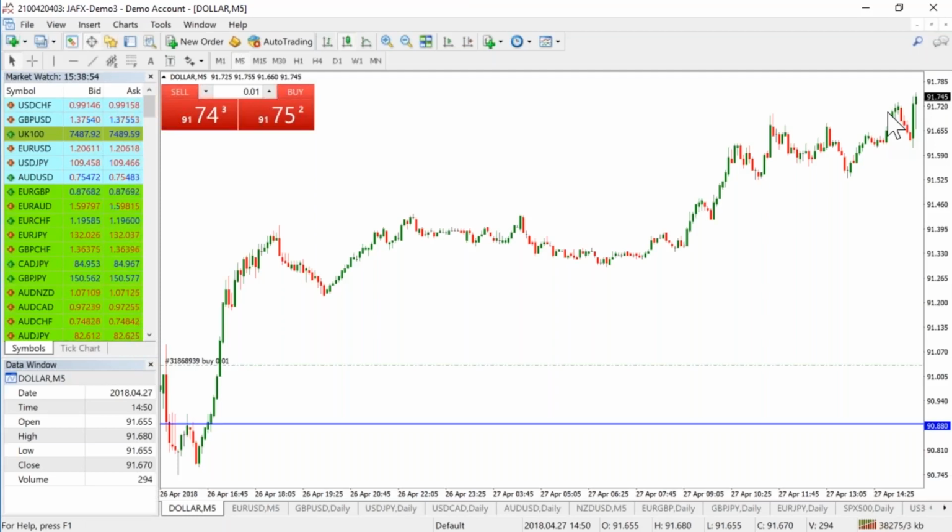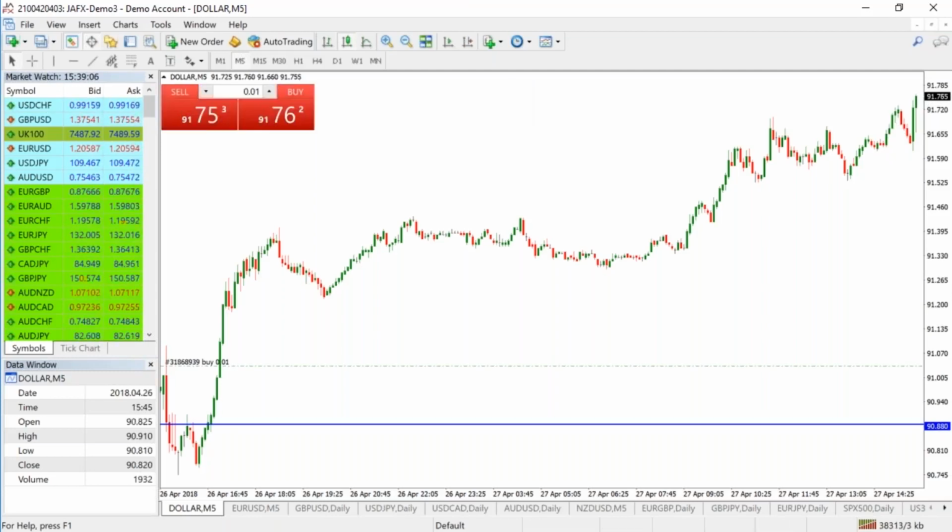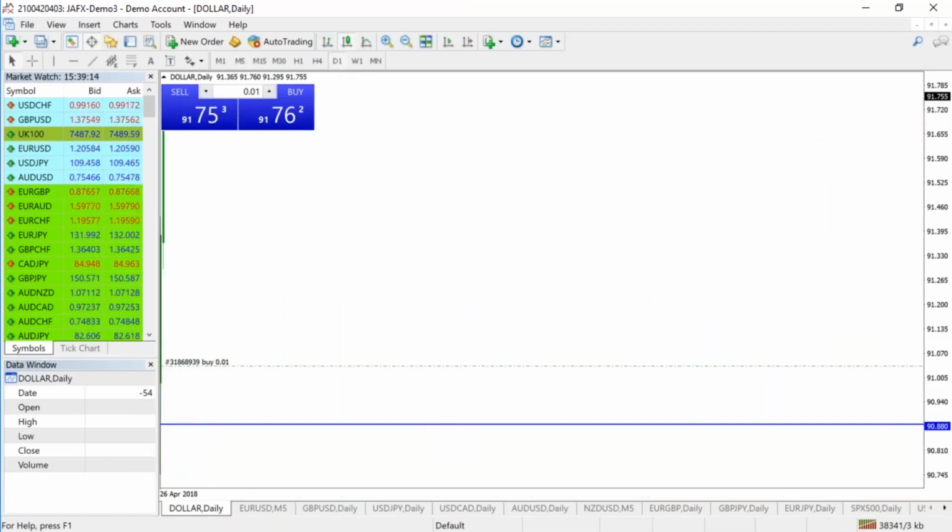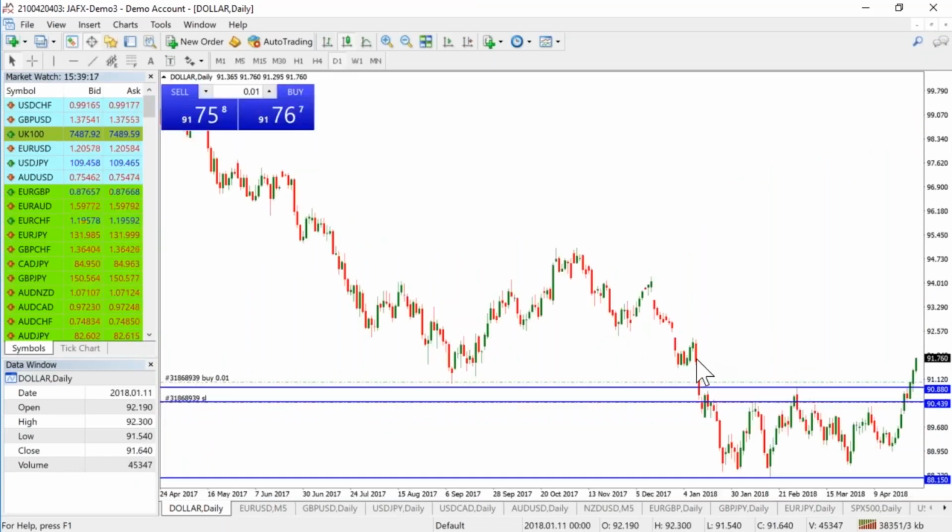So with that in mind, that's the only major news out for the remainder of the day. We do have Carney, but he is launching an education program, a BOE education program. So nothing of any significance really. We do have consumer sentiment coming out of the US at 3, so that can have a little bit of volatility associated with it. So let's have a look at that advanced positive figure coming out of the US dollar literally in the last 8 minutes. So with that in mind, we'll go straight to the dollar index.